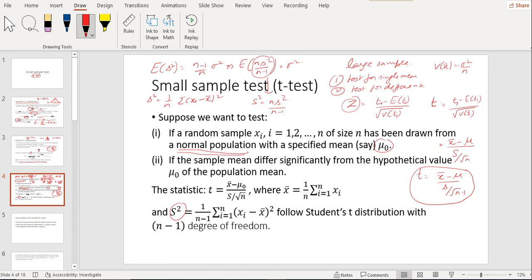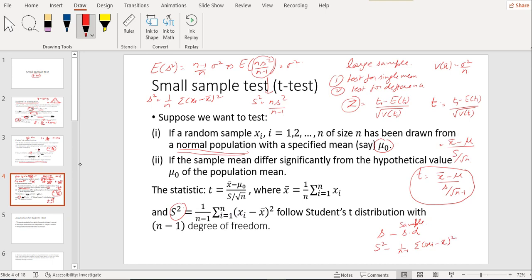Basically we are using the notation of the Fundamentals of Mathematical Statistics book by S.C. Gupta. In this particular book they have used the notation of small s as the sample standard deviation, and capital S square is 1 upon n minus 1 summation xi minus x bar square,